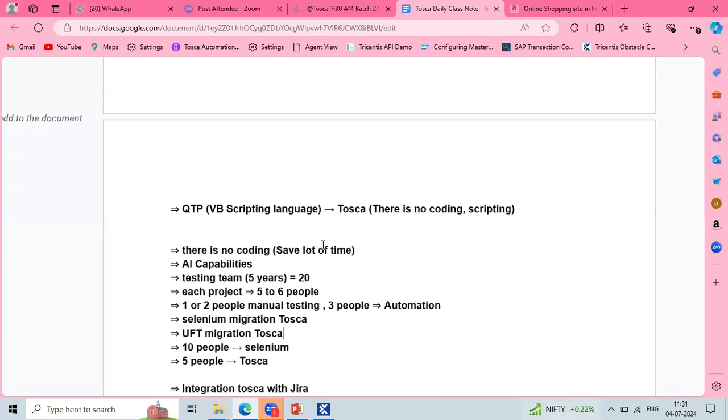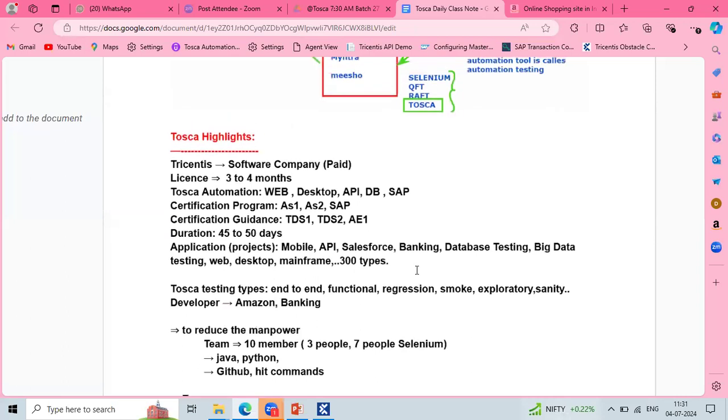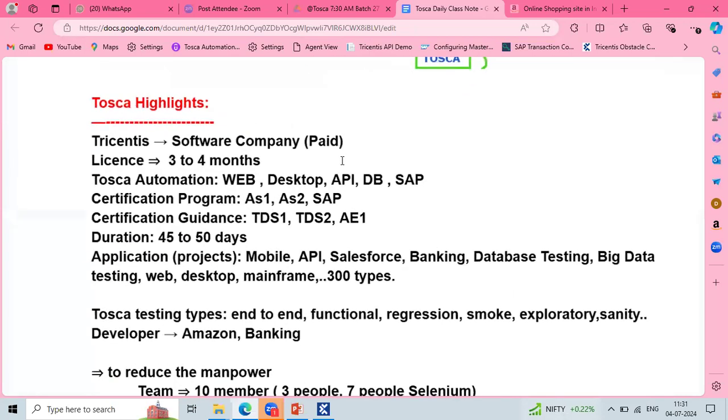When it comes to API, Anusha, web is fine, UI testing is good, and everybody is aware of it. But coming to API testing, what level of training are you going to provide?